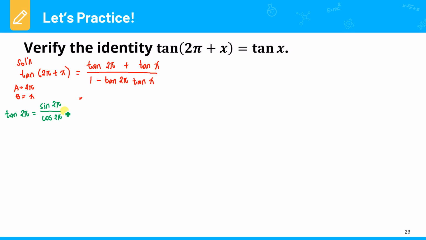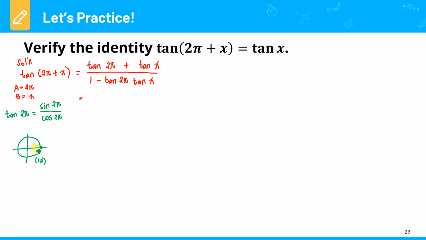Sine is the y coordinate and cosine is the x coordinate. Now take note that these would be the coordinates of the terminal point. For example, just for illustration, if you have a unit circle and we start with our initial point at (1, 0), since it's a full revolution because it's 2 pi, the terminal point is also the initial point. So this is (1, 0).